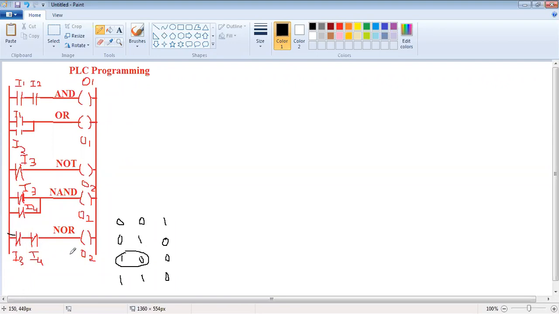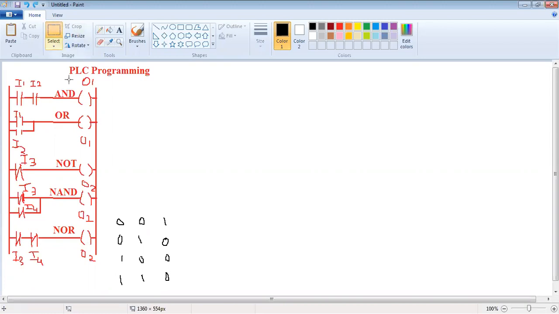So current will be up to this point only, output is off. When 1, 1 is applied, both switches are open. So when both are 1, 1, output is 0.